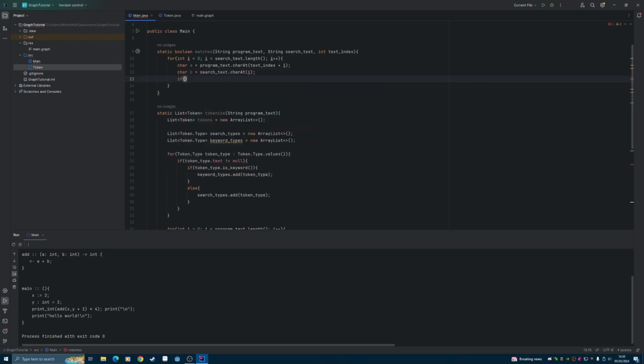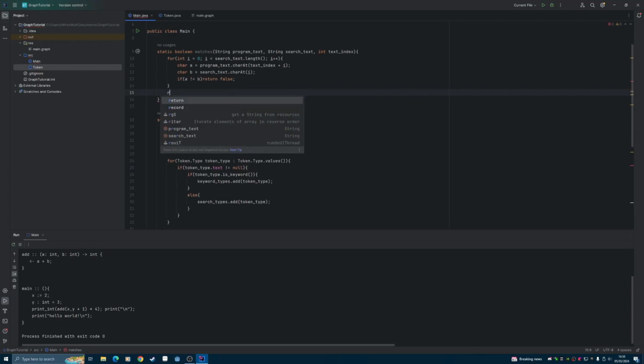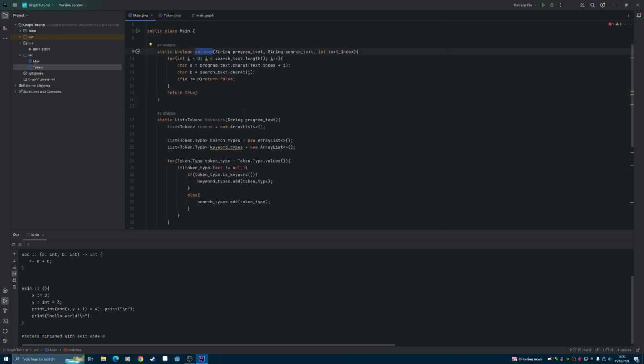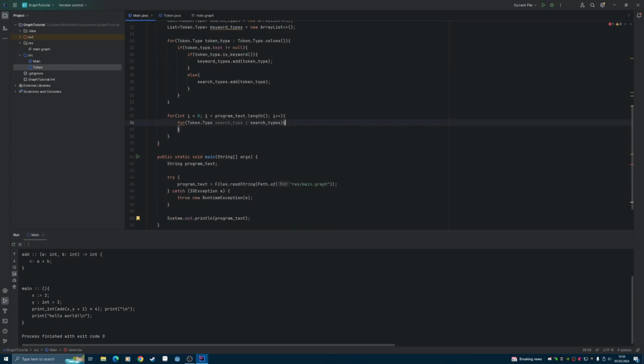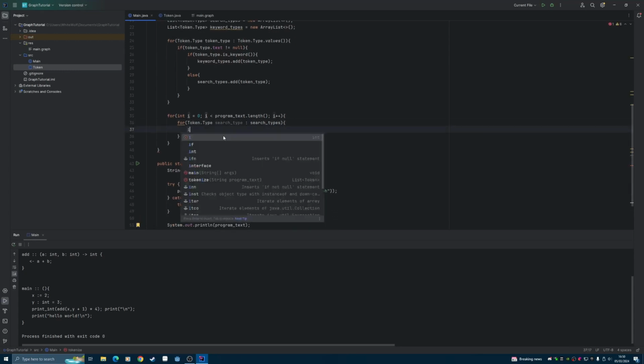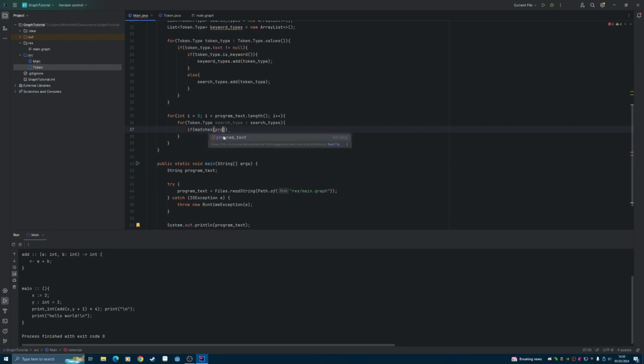And it's quite simple. If these don't match, so if A does not equal B, return false. And then if we never return false, then they must match. So we return true at the end. Okay, and we'll use that here. So we'll say if matches program text, search type dot text, i,